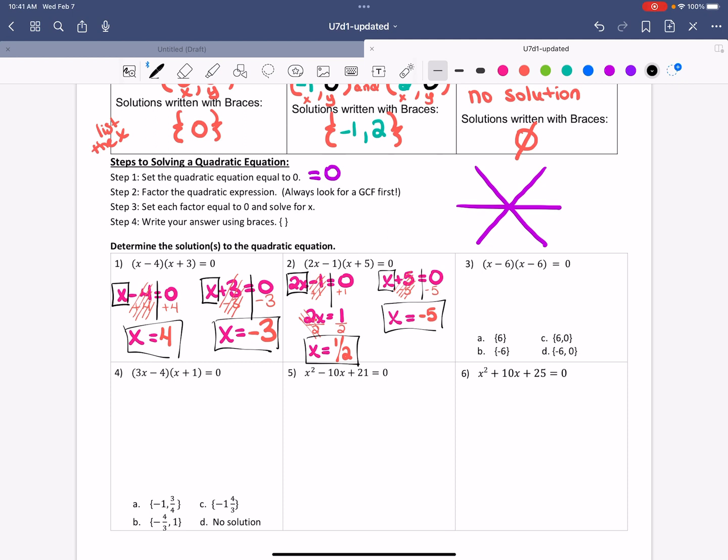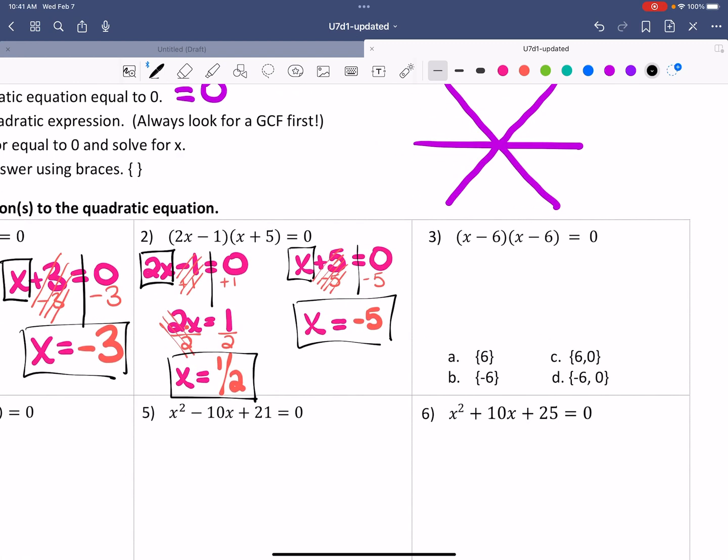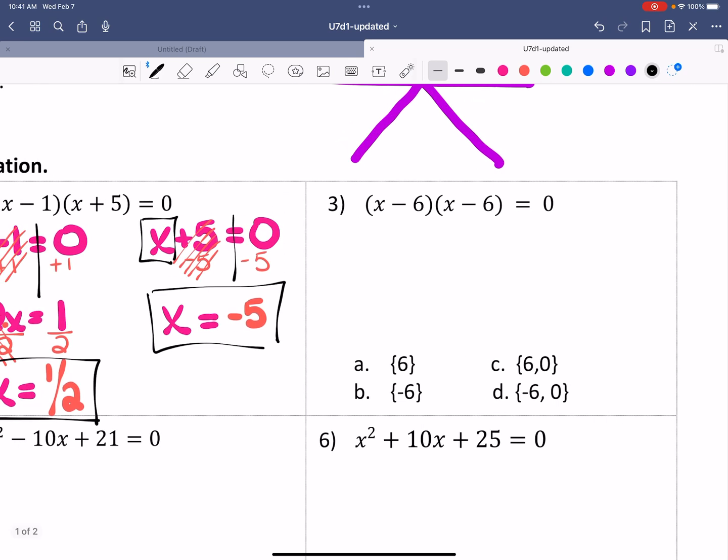So you're going to do the same for number 3 and for number 4, because you can see that 3 and 4 are already set equal to 0 and they are already in factored form. So if you want to pause and try on your own, you do have multiple choice, and then you can unpause and come back and check. But I'm going to go ahead and do the same steps where I'm going to take each factor, set it equal to 0,